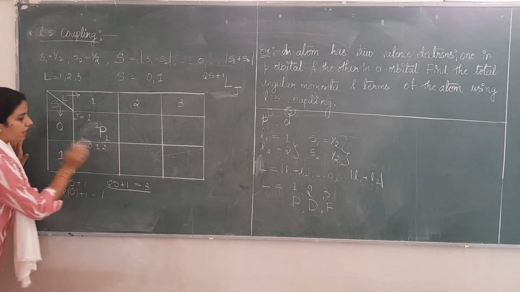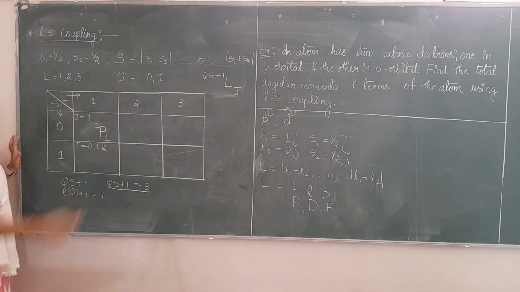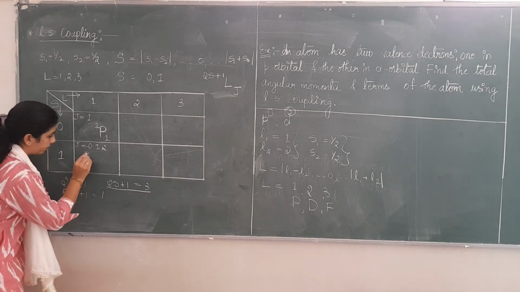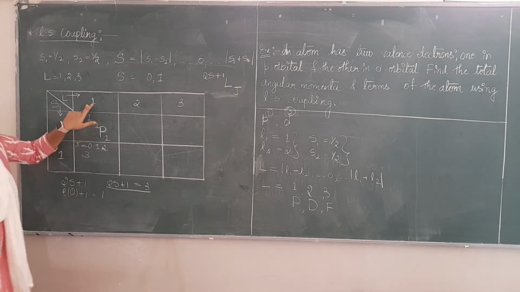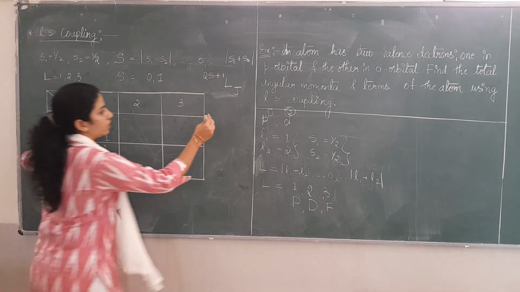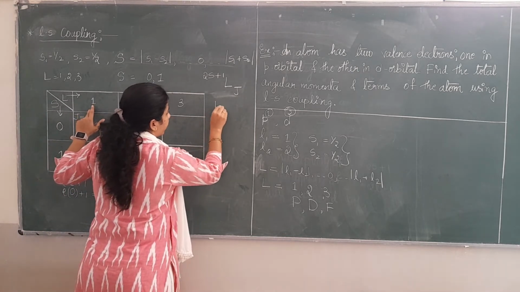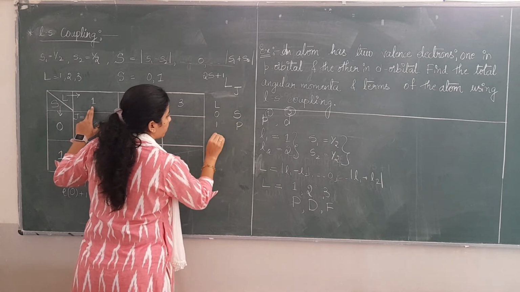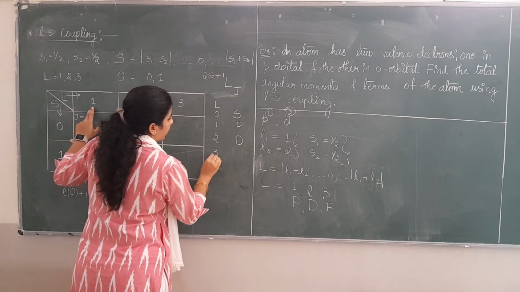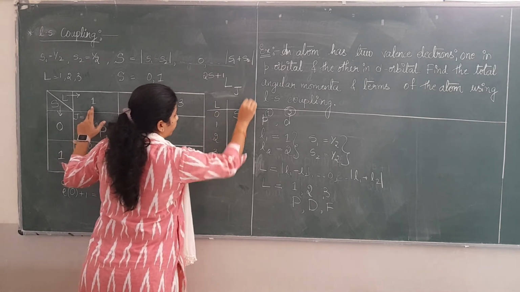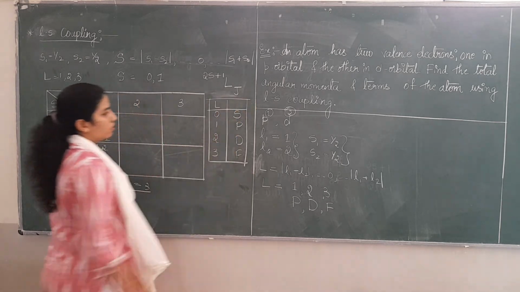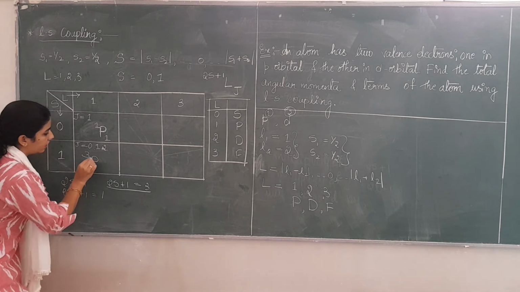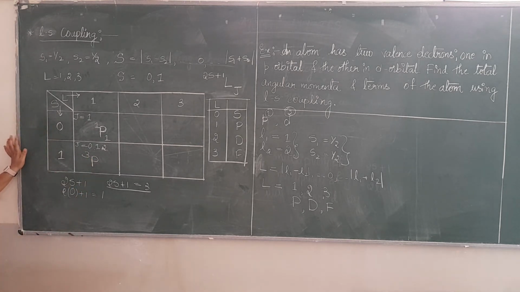Now these are the values of j. Again, we have to write the term; 2s plus 1 is 3. L is 1. If L is 0, it is S. If L is 1, it is P. If L is 2, it is D. If L is 3, it is F. Just for us to refer. L is 1 and if L is 1, it is P.